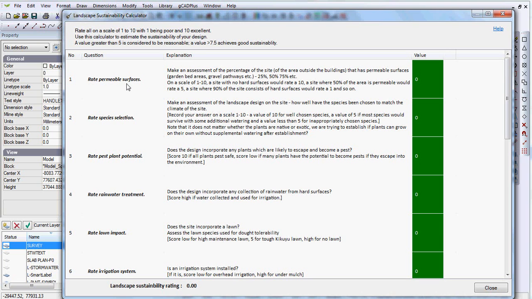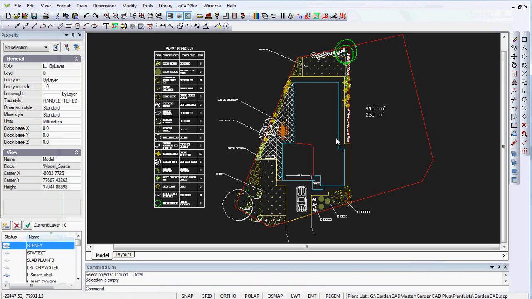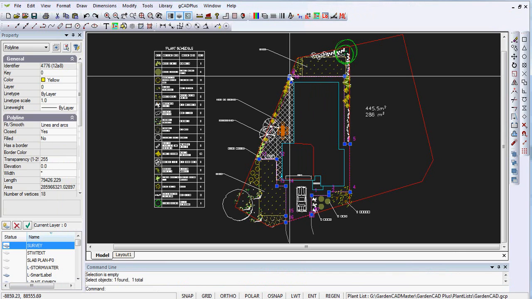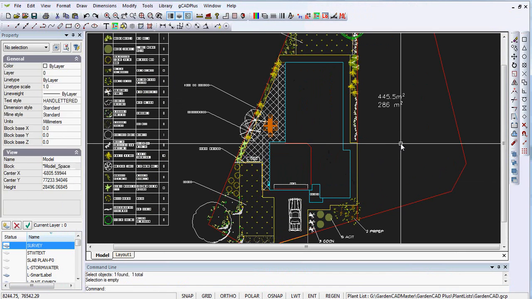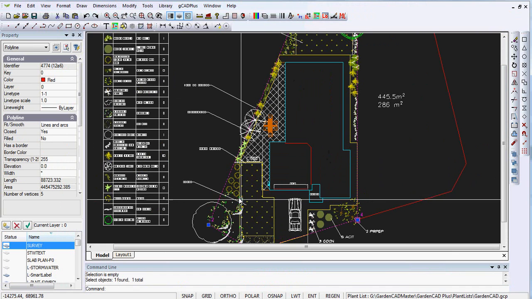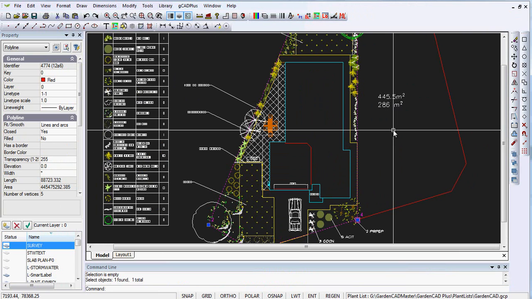So the first question says, make some sort of assessment of the percentage of the site that's got permeable surfaces. So let's return now to our GCAD Plus environment, and what I've done here is just drawn a polyline over the whole site. Let me do that again. There's a red polyline around the entire site, and the site measured 445.5 metres,